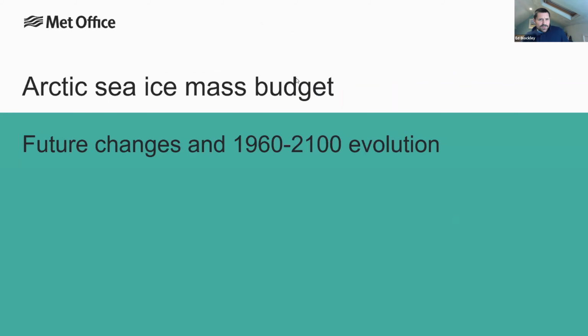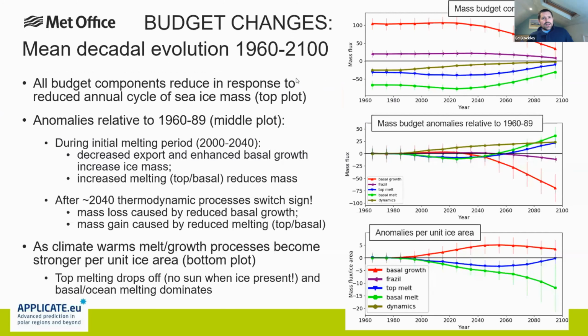So then we looked a bit about how the budget changes in the future, and these are decadal mean evolution of the budgets. The top right plot is not very interesting. It just tells you that as the sea ice is declining, all of these different processes are declining as well. But if you look in the middle plot, these are anomalies relative to our reference period. You can see that initially around year 2000 or so,